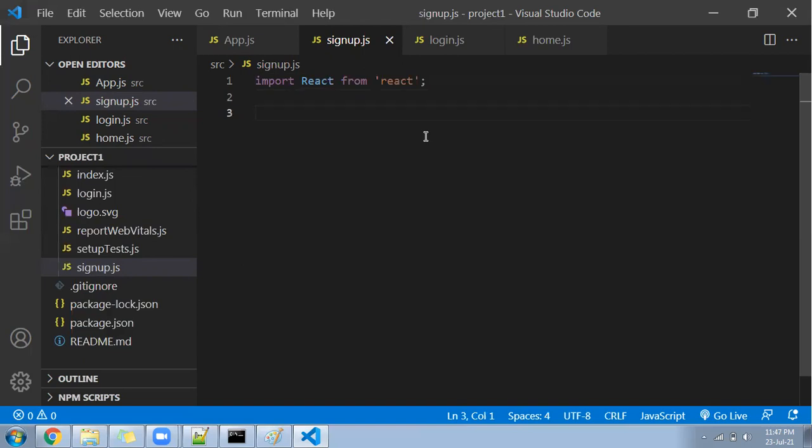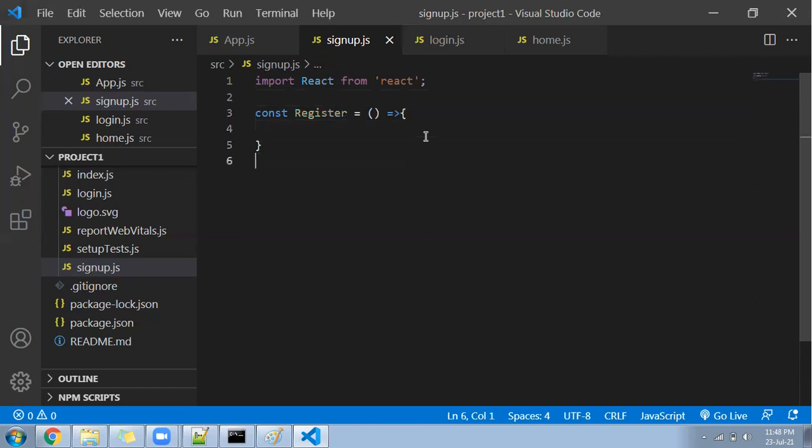But in this, I'll do some changes. What changes? I will write a fat arrow method, that you remember from ES5, ES6. It is the fat arrow method. What is that? Apply a const and give the function name, call it maybe register, equal to fat arrow method, guys. This is called the fat arrow method. Your React will be using mostly the fat arrow method only.